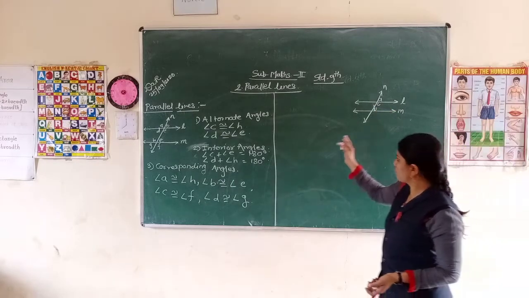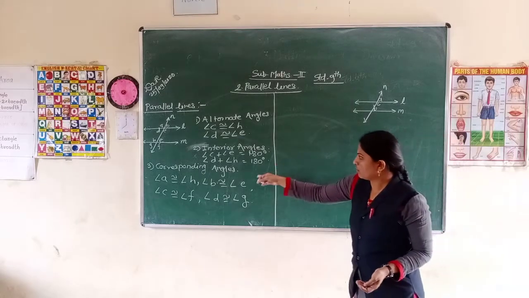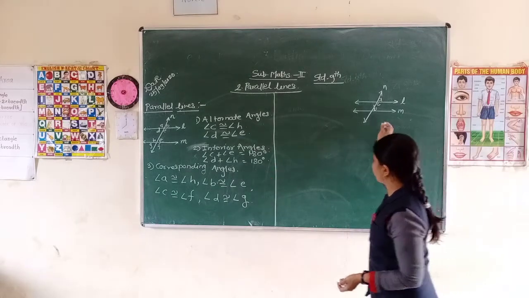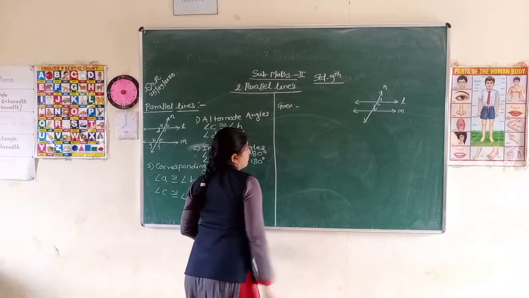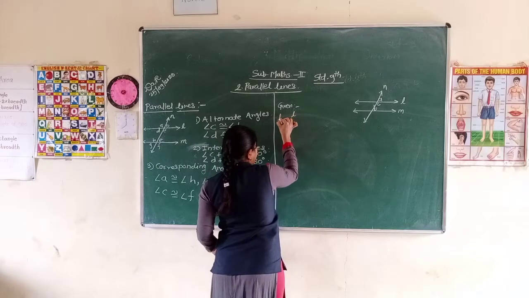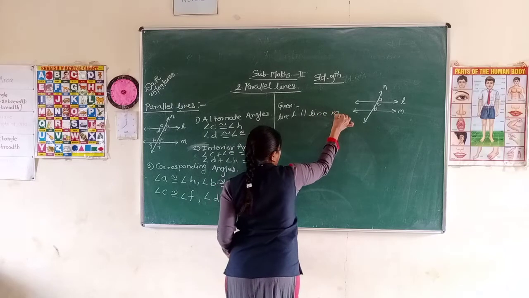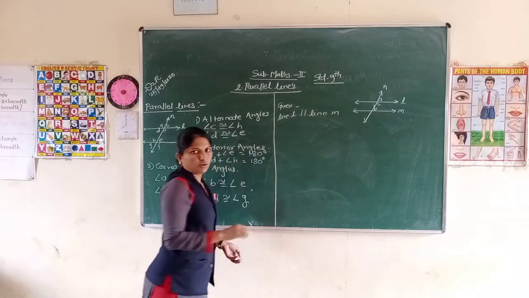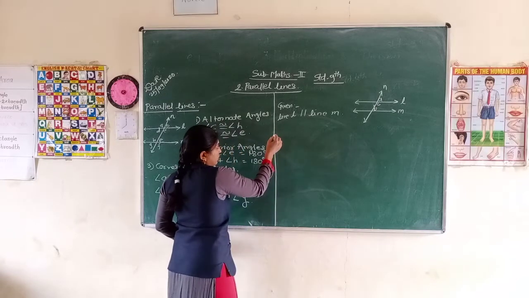Firstly, we are going to take our property of corresponding angles. For this, given: line L parallel to line M. Okay, then prove